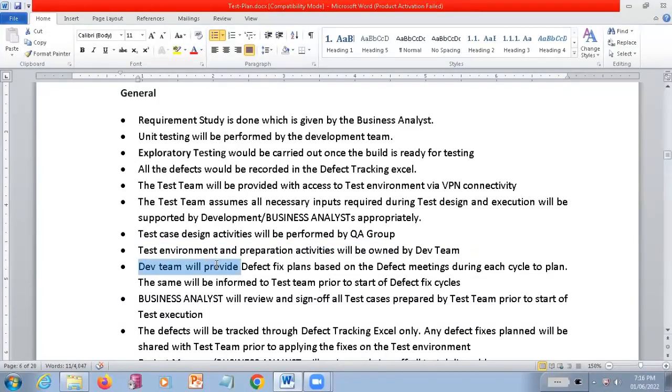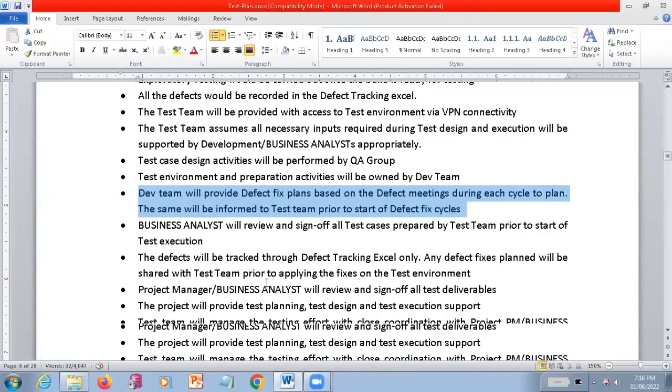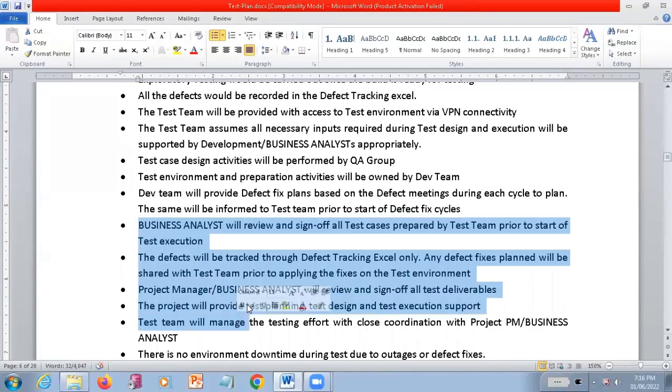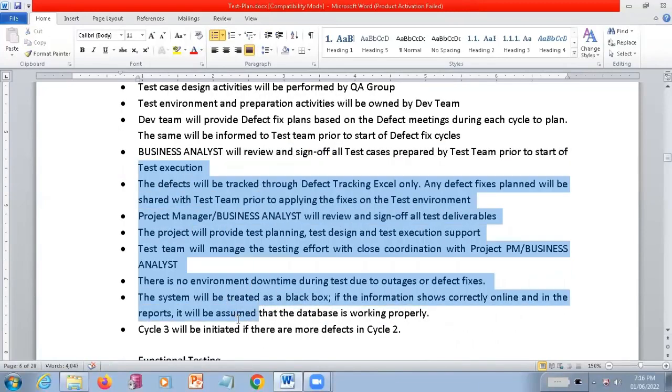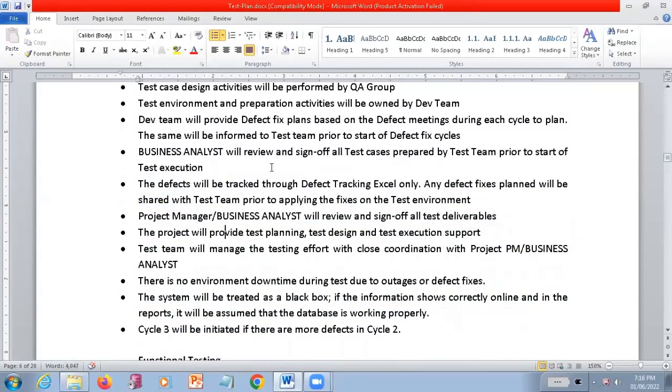You're getting it, right? And the dev team will provide a defect fix plan based on the defect meeting during each cycle. The same will be informed to the testing team prior to starting the defect fixing cycles. You want to go through all the points one by one and understand what exactly you want to follow, what exactly you are going to do, and what the project manager is going to do.